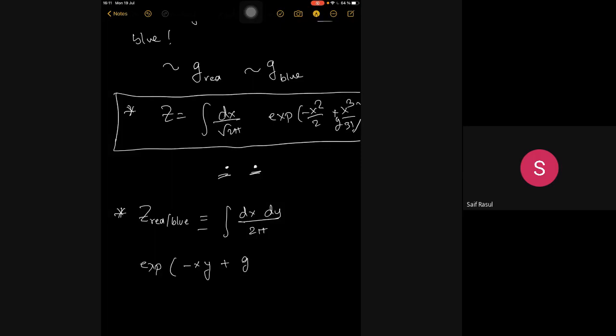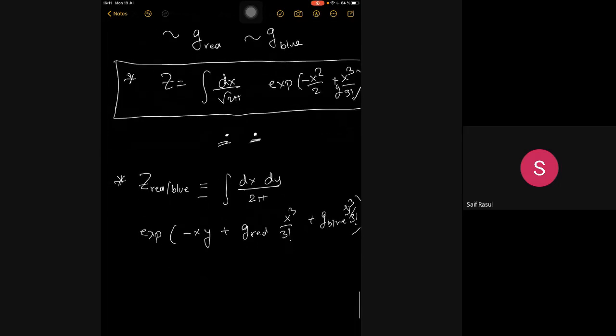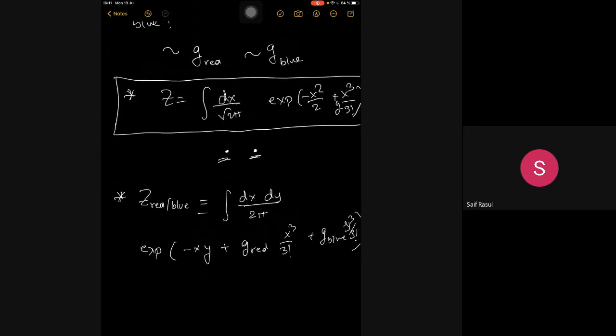And then you have x in g red. Then you need a similar one for the blue with a y cube over 3 factorial. So this partition function will